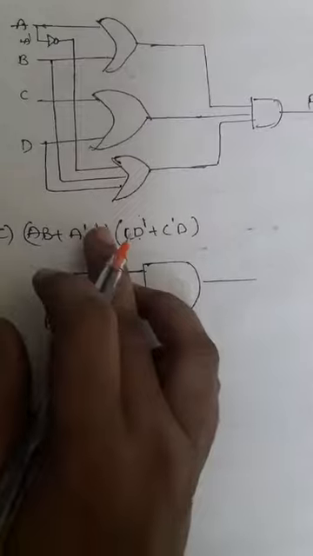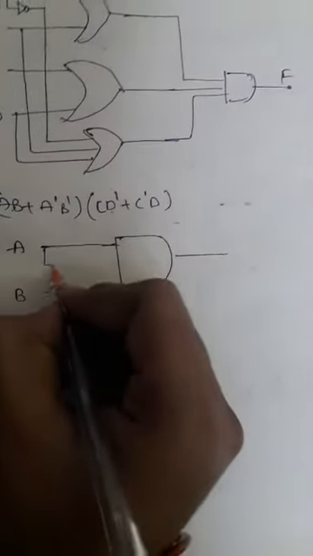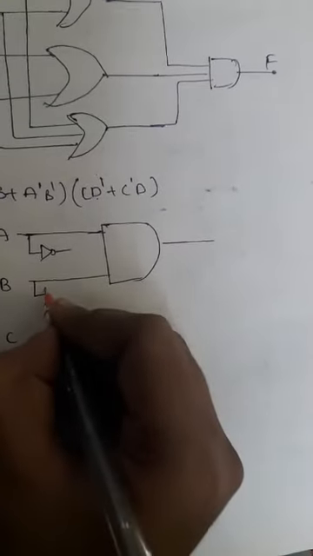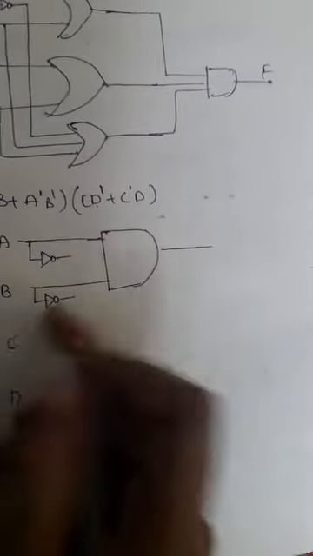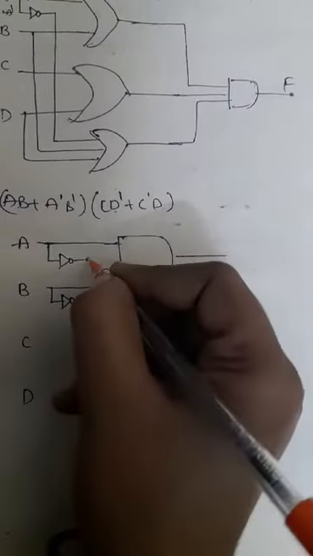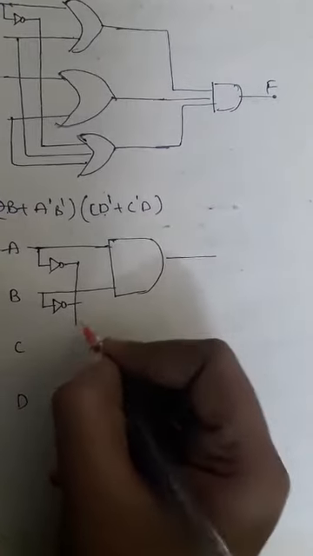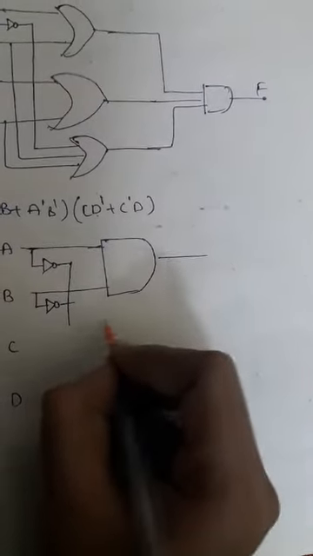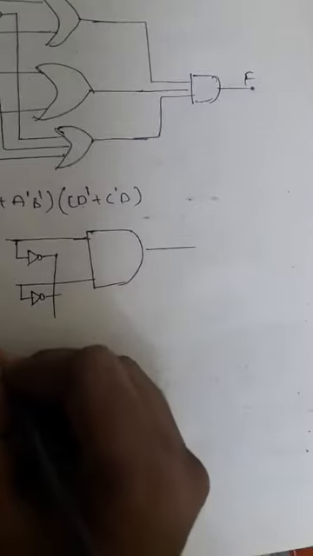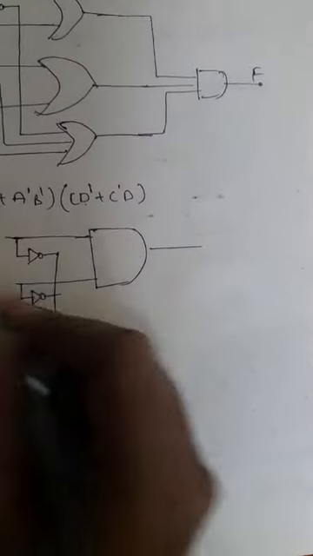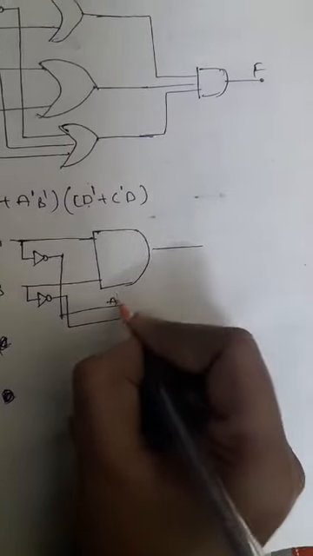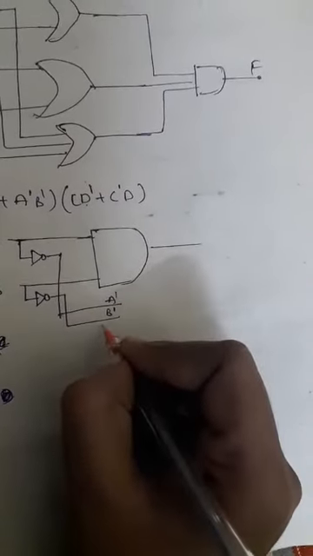And the next one is A complement, B complement. So for this we have to apply the complement here. That means if any variable has a complement, just apply the NOT gate for that. Okay, so A complement and B complement. So that's why I can take it here. How to draw this? Here the C and D variables will be there, right? You can cancel these variables. Okay, first we have to draw this first term. So this is A complement and this is B complement, right?